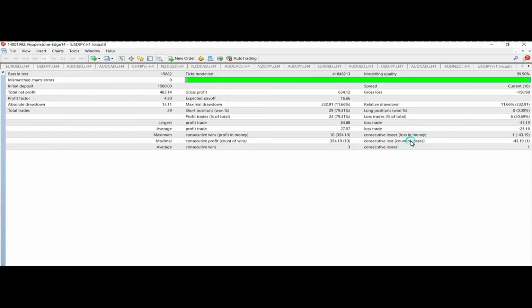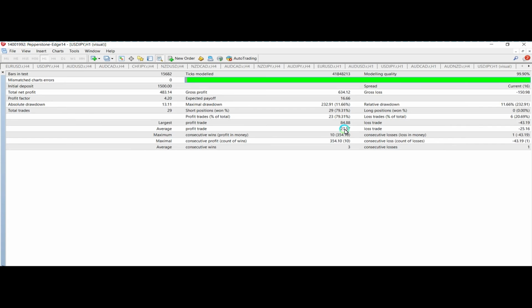Now I will just show you the statistics. As you see, our drawdown is nothing too big. It is a moderate drawdown. Our short positions that we won are considerably higher than the amount that we lost. And if you take a look at that, our largest profit trade is somewhere 2 times larger than our largest loss trade, and we have a